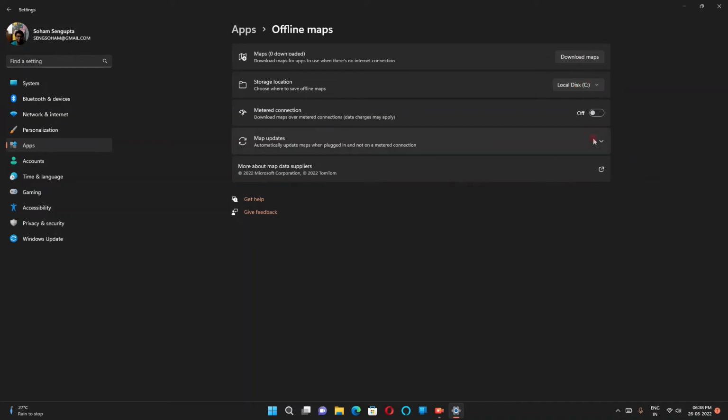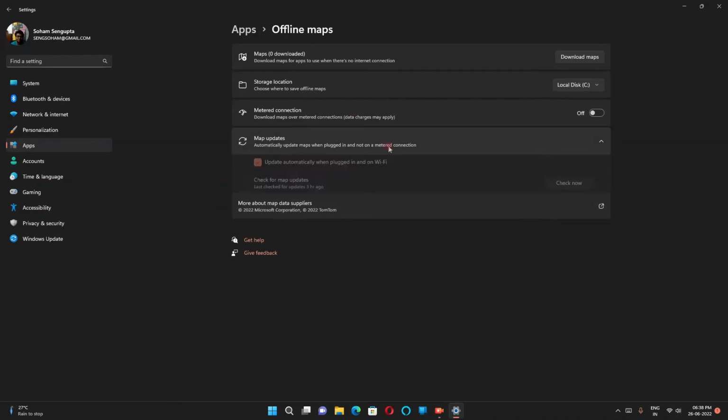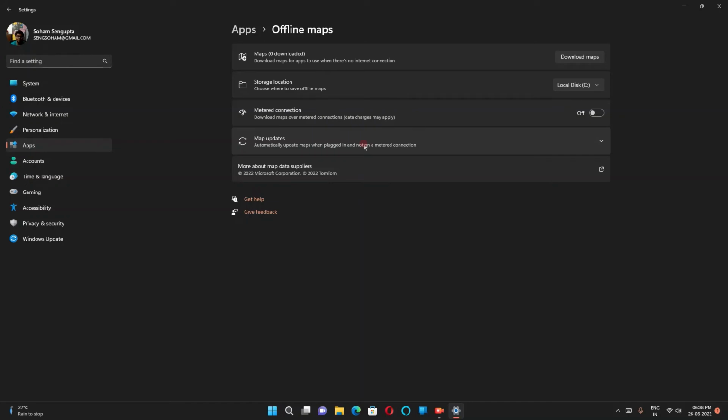If you're facing an issue with performance, you can choose your location. Metered connection: data charges apply, so I would recommend it for limited data. Update: it is recommended to keep it enabled so that you don't forget to check for updates from time to time,